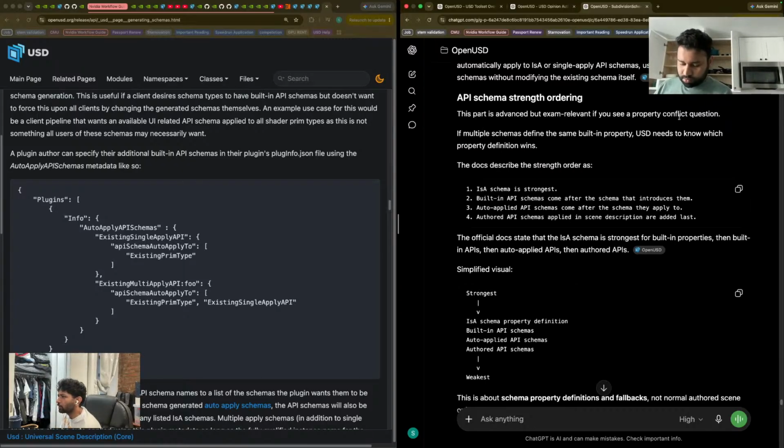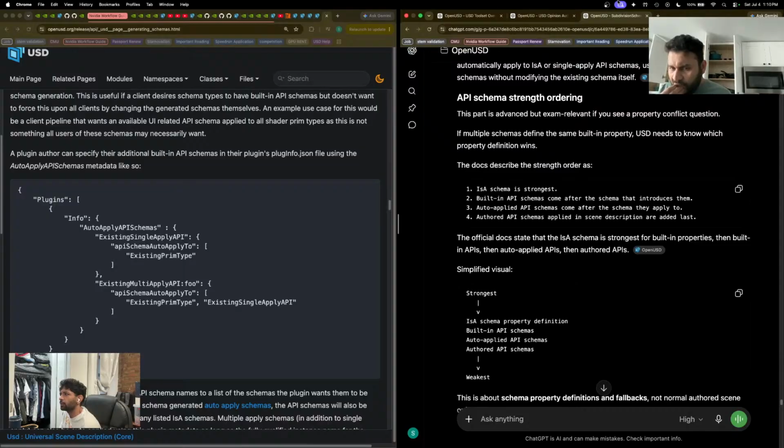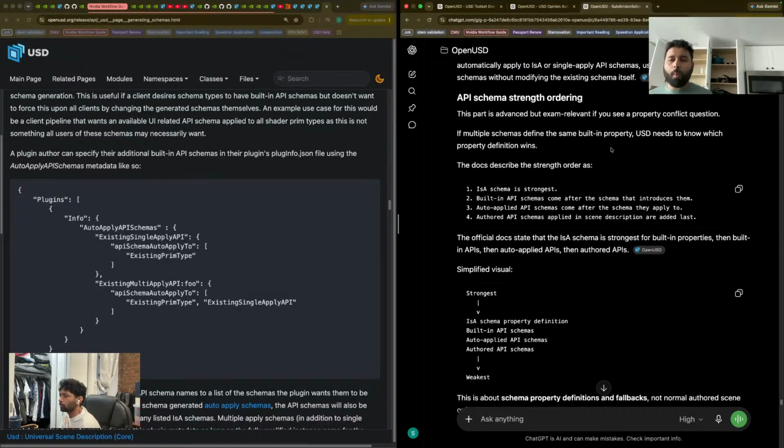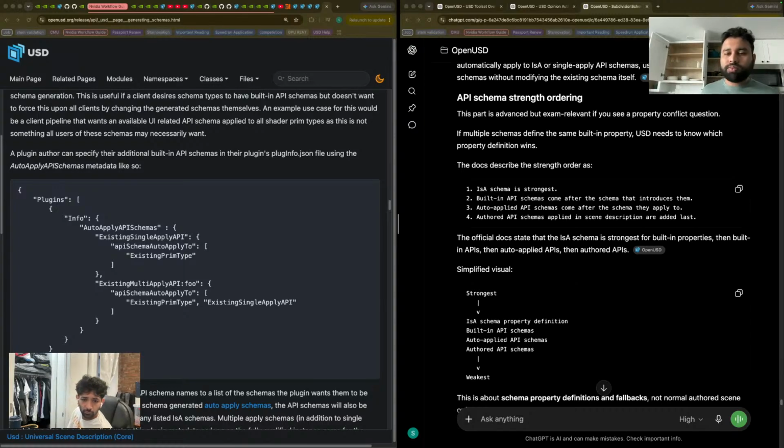If you see a property conflict question, if multiple schemas define the same built-in property, USD needs